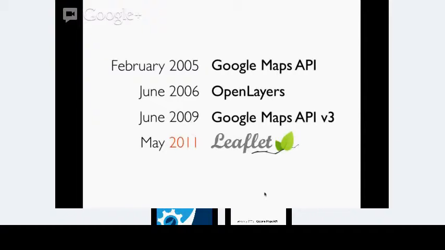A year later, OpenLayers appeared as an open source alternative, and in 2009, Google Maps API released version 3 that it claimed to be much lighter, much faster, much more optimized for mobile devices, etc. And only in May 2011, Leaflet gets its first release, so that was just 1 year and a half ago,